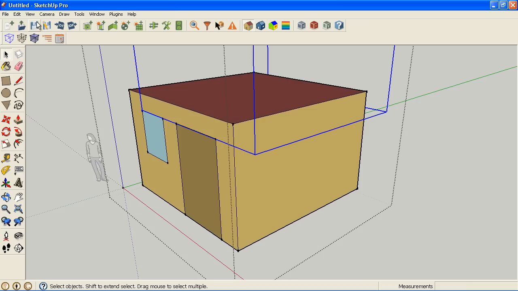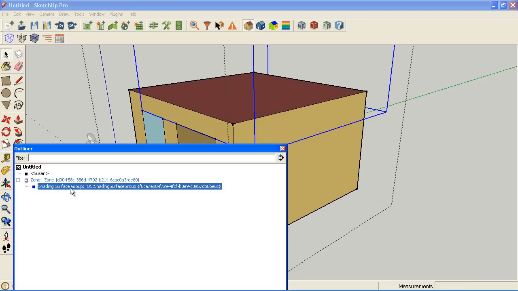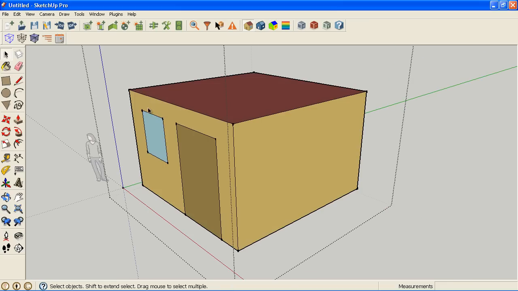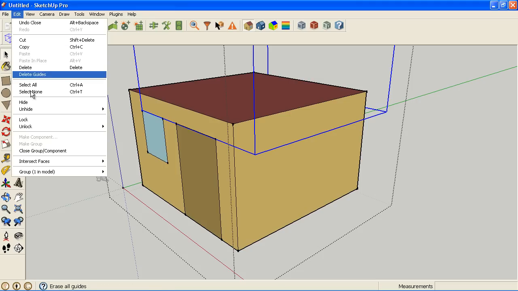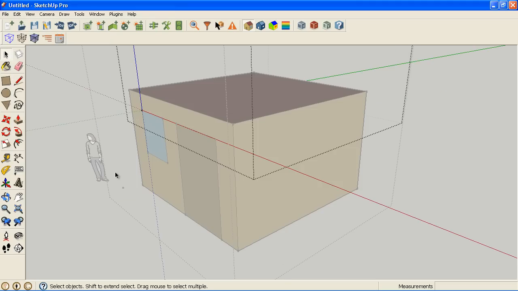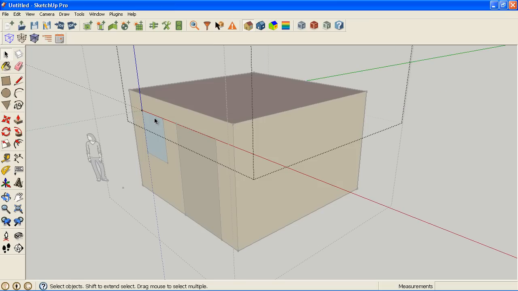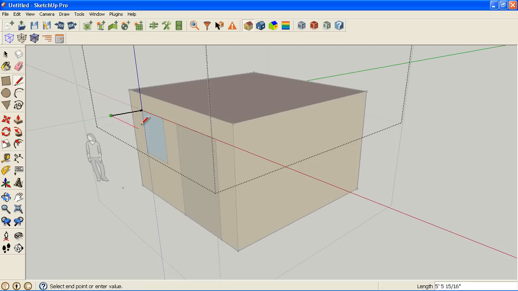So another way to do that, there's actually a few ways to do that. You can open your outliner window and double click on it. That's option one. I'm going to go back out of it. I'm going to select it again. Another way to do it is go to edit, group, and then edit group. A third way to do it, which I really like, is I set up a shortcut, which I'll describe elsewhere. And then I can just hit my key that I have set up as a shortcut, and it takes me inside of a group, which is a quick way to do it if you're going to use it a lot. So anyway, I'm inside my group, and I'm just going to start drawing.